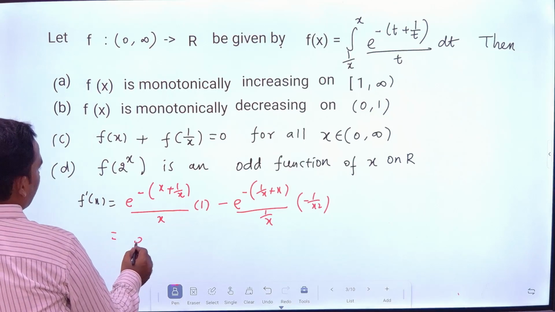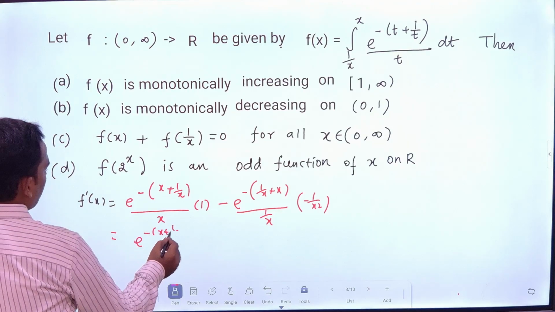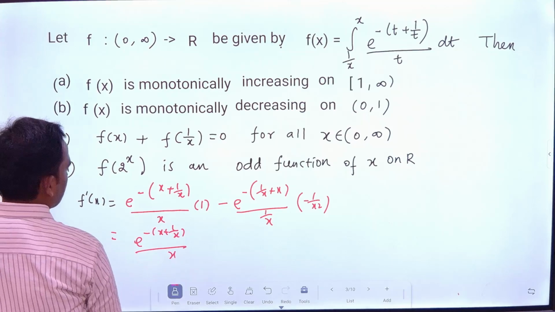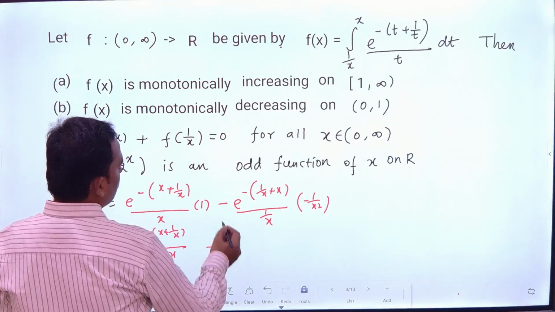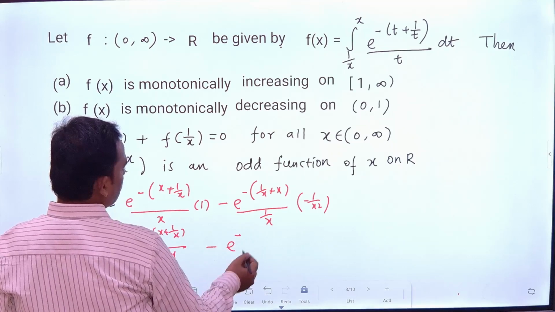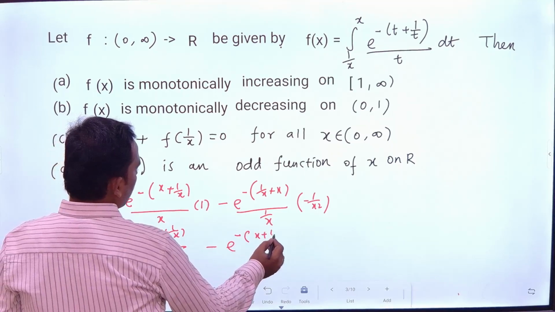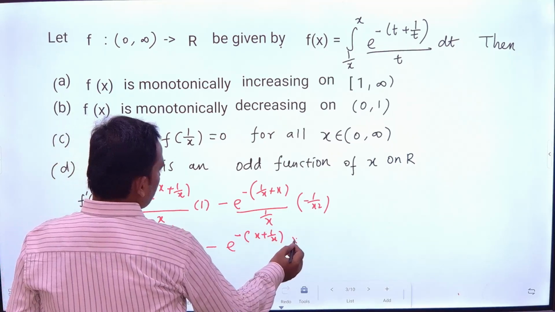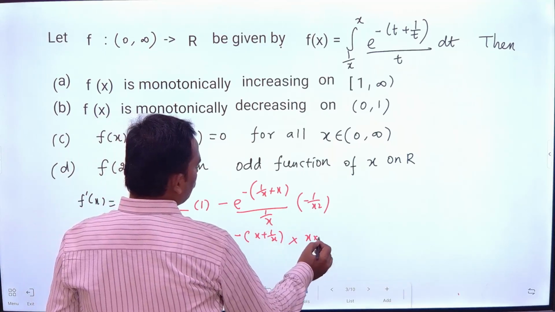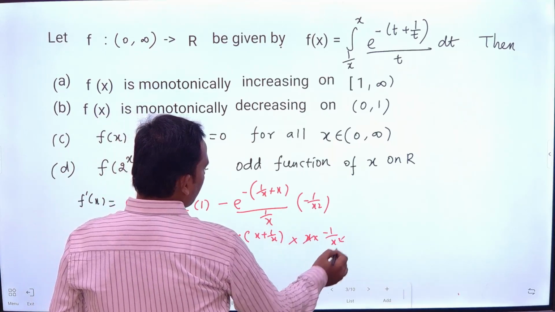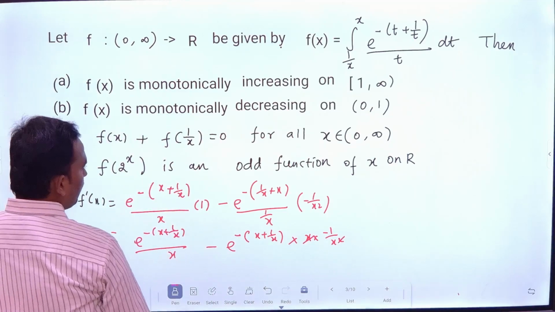So you can see e power minus x plus 1 by x whole divided by x, minus e power minus x plus 1 by x, into, so 1 by x is sent to the numerator, x into minus 1 by x square. It will be cancelled, right? Then you can see